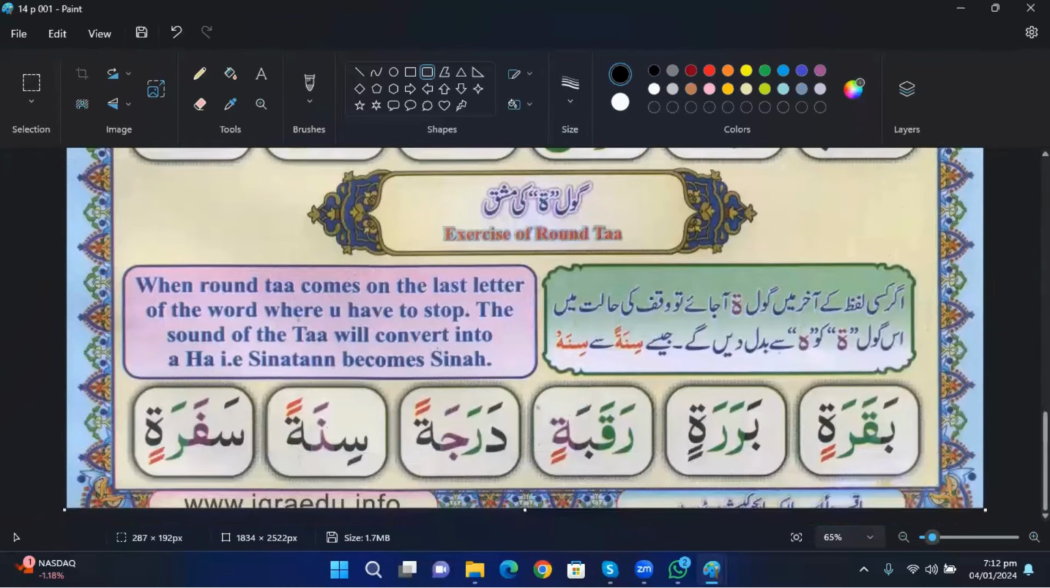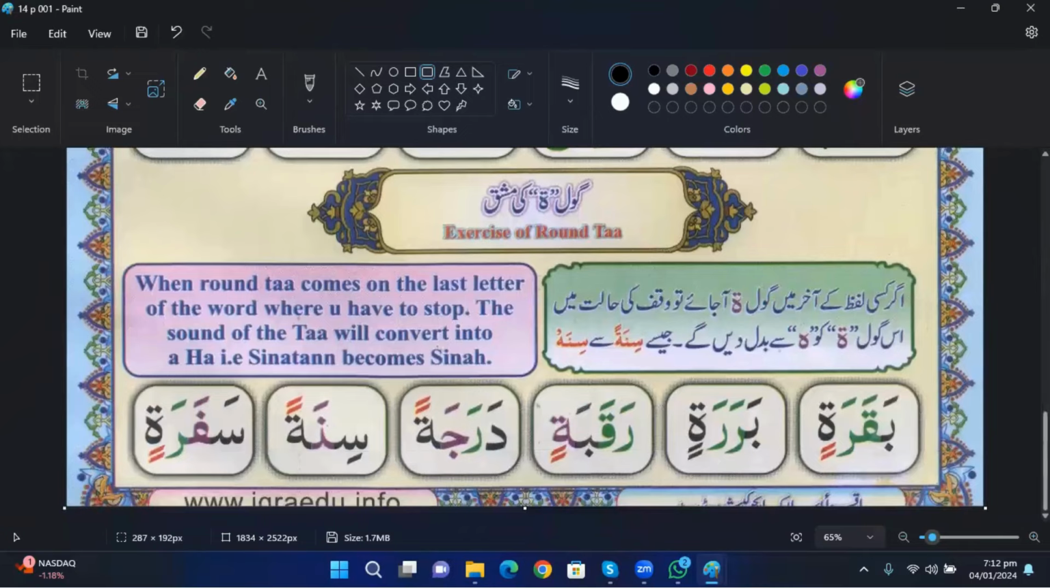Bottom one, you need to expand round ta. When round ta comes on the last letter of a word, where you have to stop, the sound of ta will convert into ha. So here on pen, you can write the letter. I'm going to write here, but you can write it on pen. You can tell your students that this letter is called round ha, and when the same shape letter have